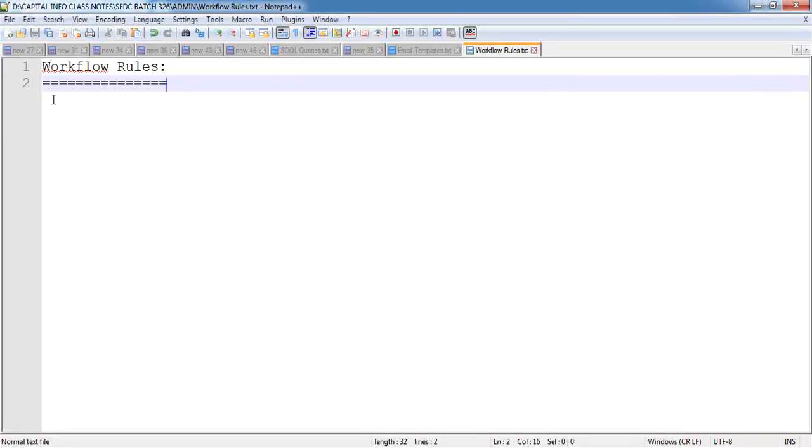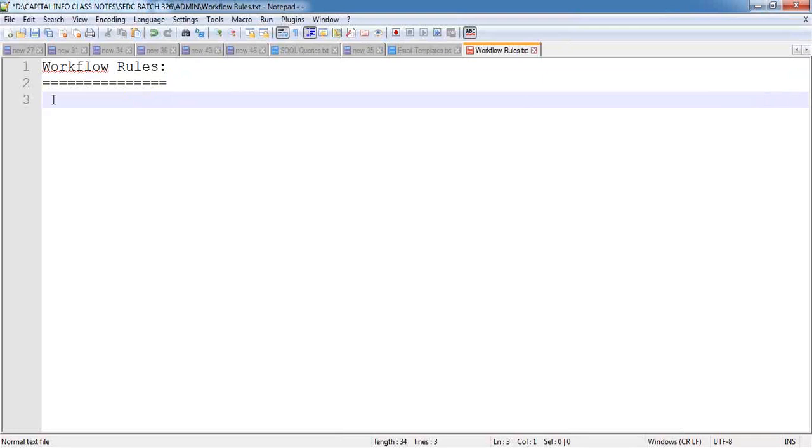So now, in today's session, we are going to discuss the workflow rules. We'll see what exactly a workflow rule is, what its use is, what types of workflow rules are available in Salesforce, and then how we can configure the workflow rules on an object, and what limitations have been given by Salesforce by default regarding the workflow rules, and what kind of actions we can automate with the help of the workflow rule, and how to configure the immediate actions and how to configure the time dependent actions,